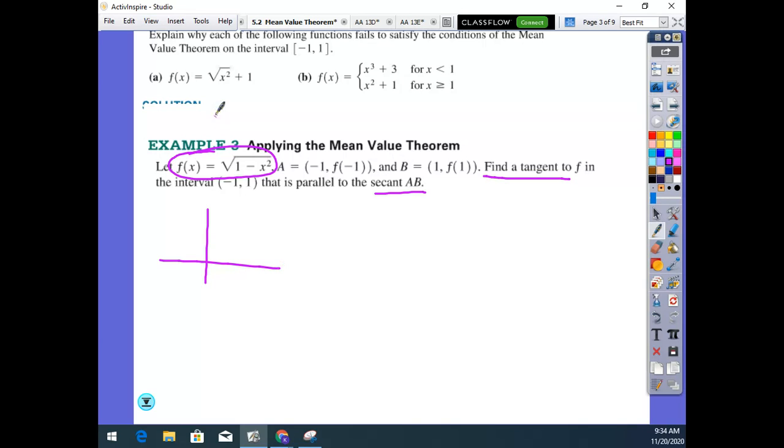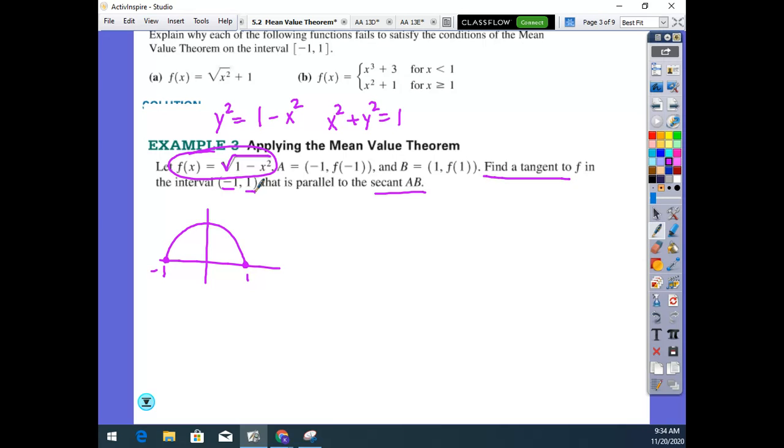if we were to square both sides, I'd get y squared equals 1 minus x squared. Then if I move my x squared over, I get x squared plus y squared equals 1. This is actually just the top half, because it's not plus or minus, the top half of a circle with radius 1. And these are endpoints, because if I plug 1 in, I get square root of 0, which is 0. If I plug -1 in, so on this particular interval,